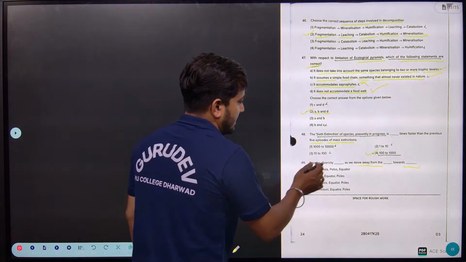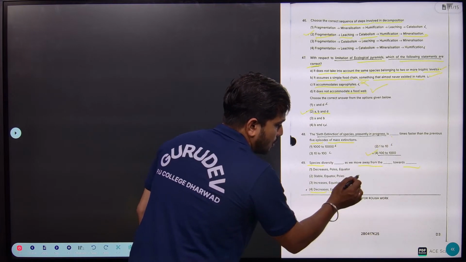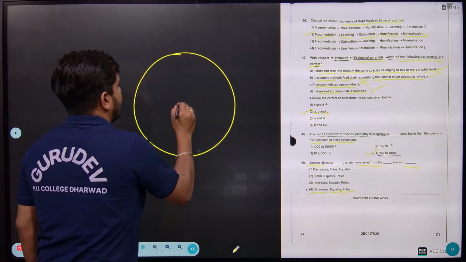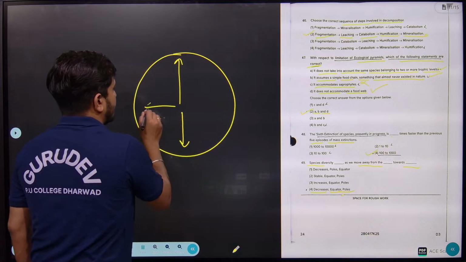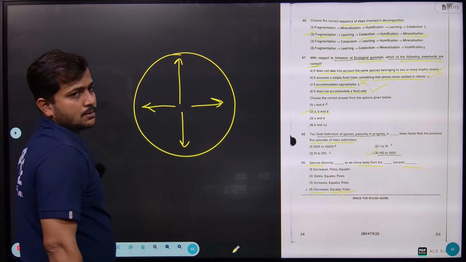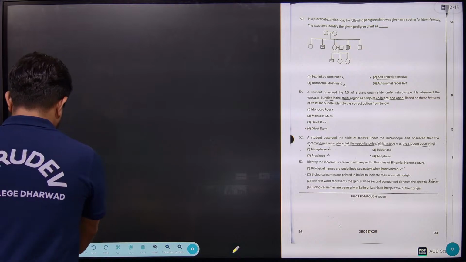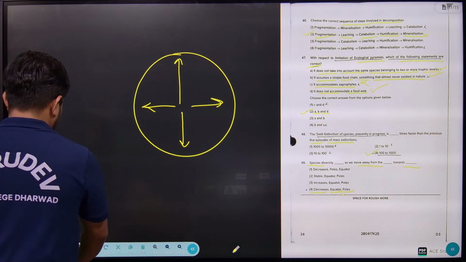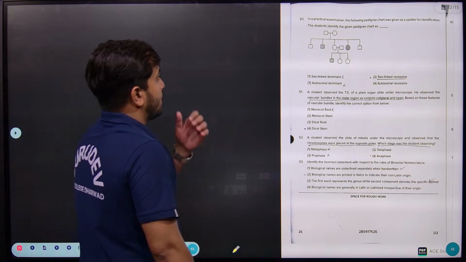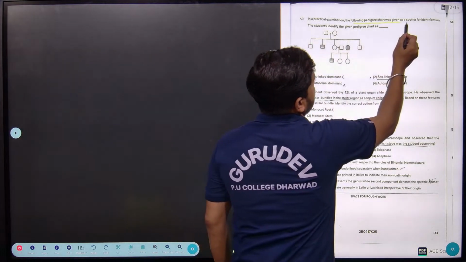Then species diversity dash has moved away from the dash towards what? The species diversity decreases as we move away from the equator towards the poles. Consider this is Earth. If we start moving towards the pole, what is going to happen? It decreases from the equator as we reach towards the pole, right? So the population will actually decrease. Understand? So that is the 49th question over. The answer is: decreases from the equator towards the poles. That is the 4th option.